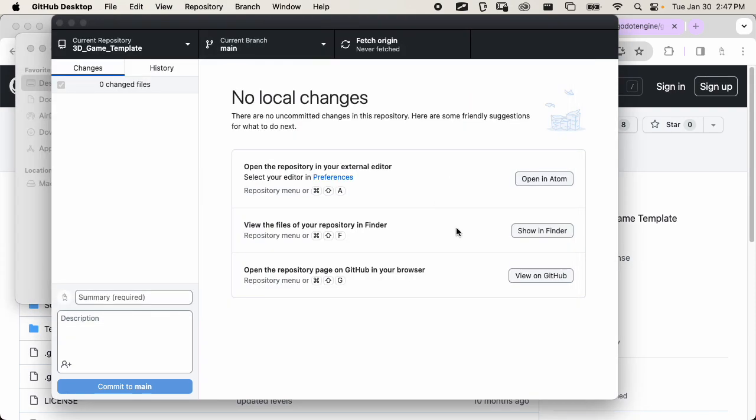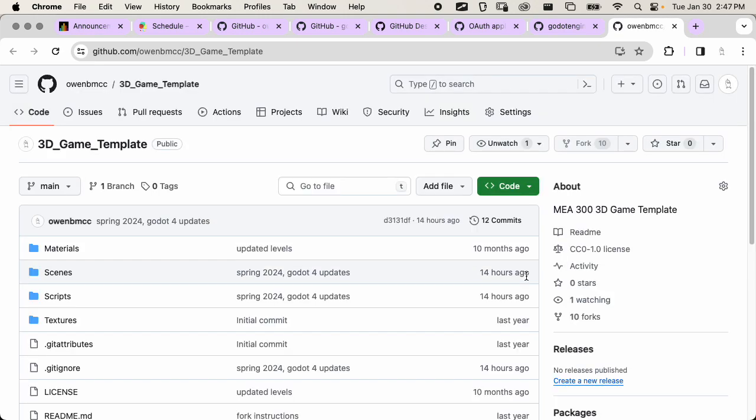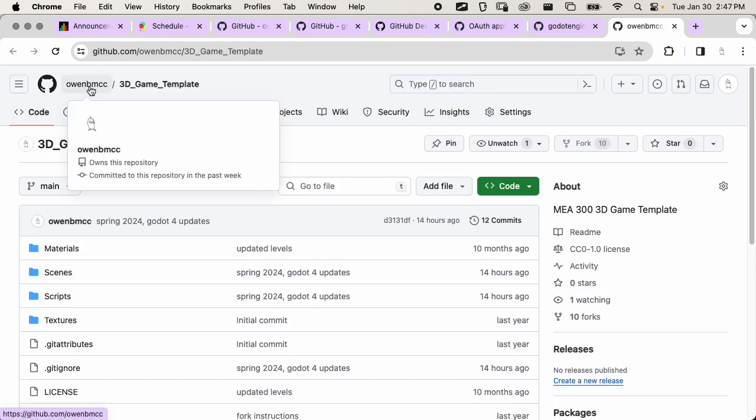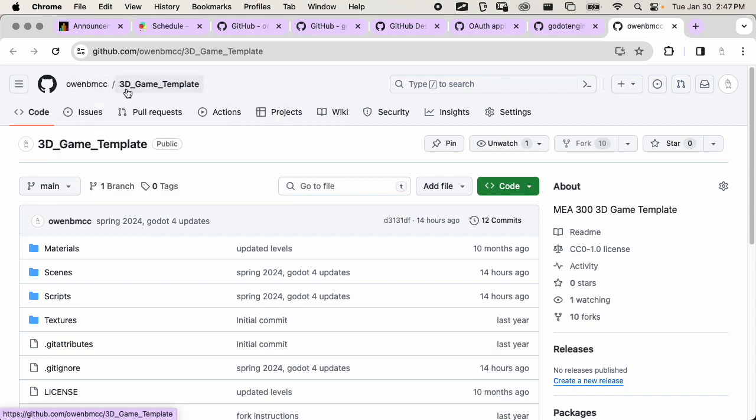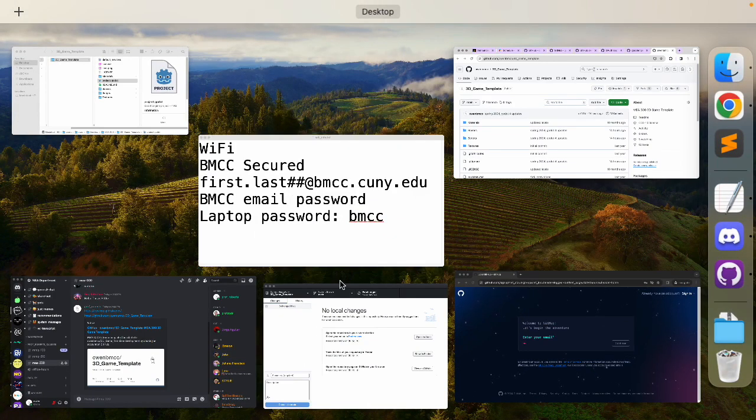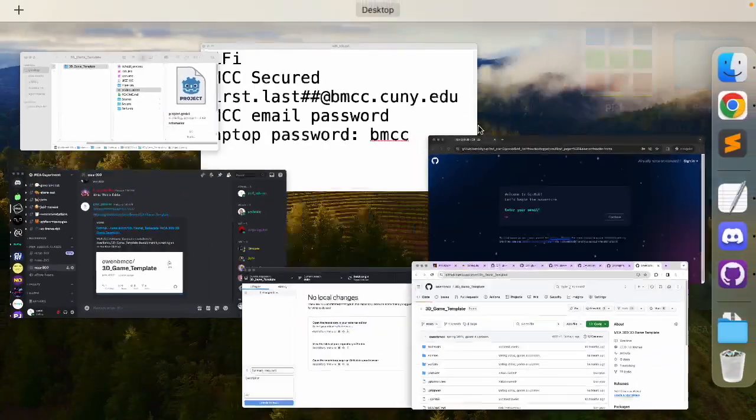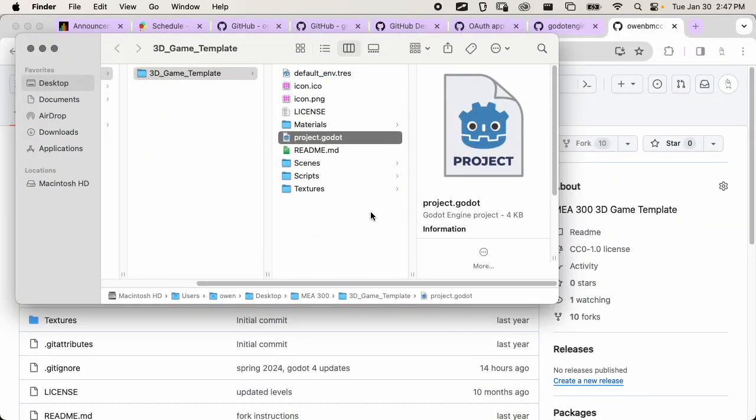The other thing that's nice here is that you can click View on GitHub, and this will bring you back to the project on GitHub. You should see your own name here at this point because it's going to be your fork of the project. And I think that's basically it. Once we get to that point for everybody where you have the project on your computer, we're going to be able to start doing some editing in Godot. And then you'll be able to save your changes. And I'll go over this later, but basically once you save your changes,